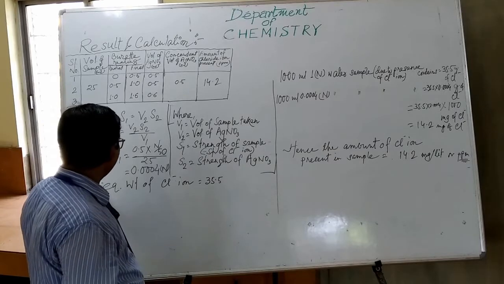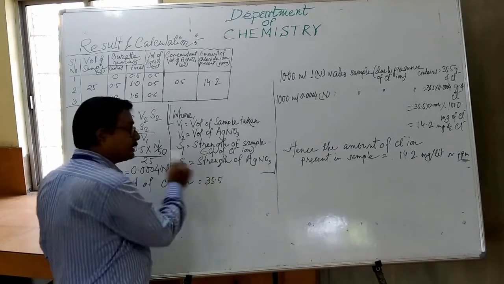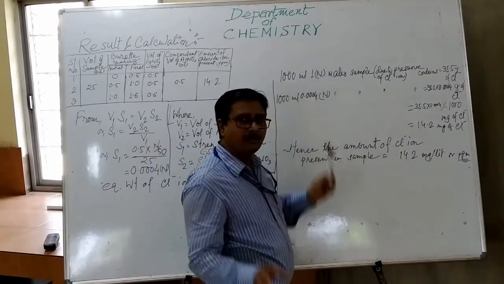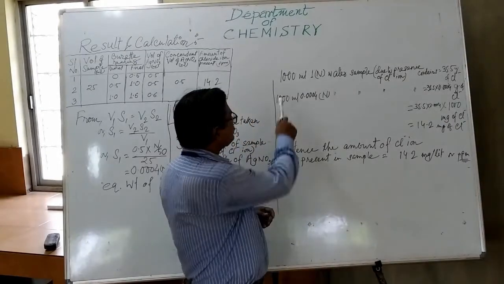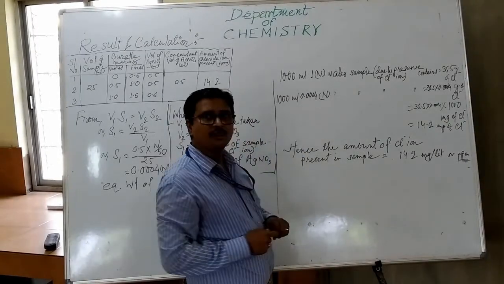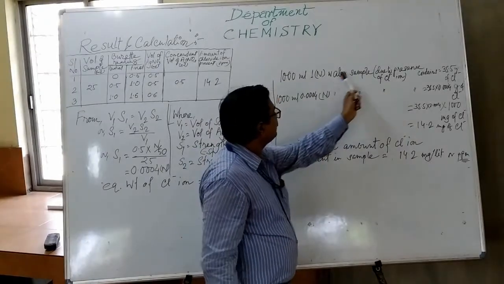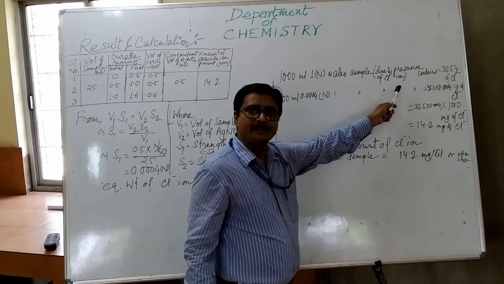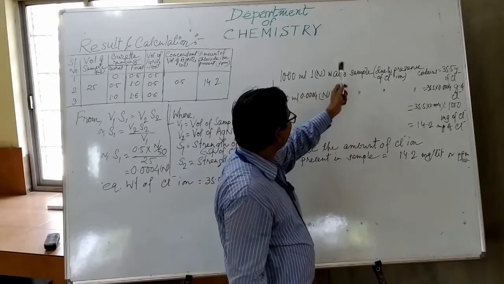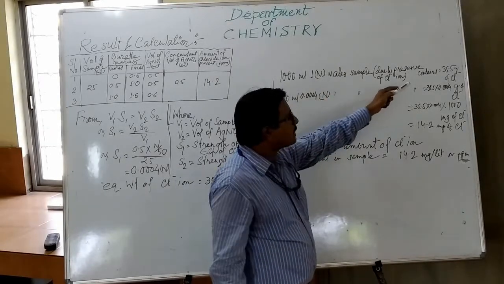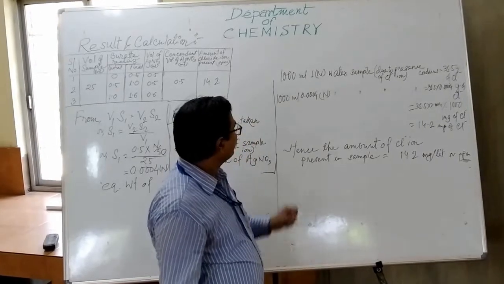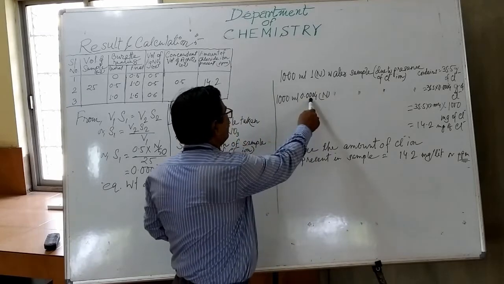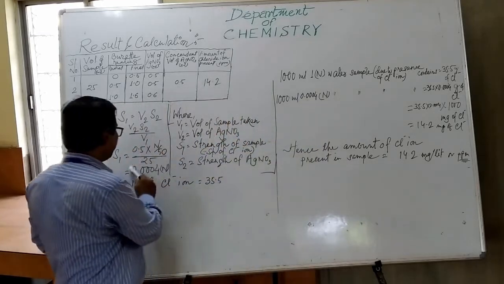Now the next part, all of you know, I think the equivalent weight of chloride ion is 35.5. Now if we do the calculation in that simple unitary method, 1000 ml 1 normal water sample, due to the presence of chloride ion, always you have to mention this, because actually we are determining the chloride ion which is present in the sample. So 1000 ml 1 normal water sample, presence of chloride ion, contains 35.5 gram of chloride ion. Then by the normal unitary method, 1000 ml S1 normal. So instead of S1, you can write down this value, because already we are determining it here.